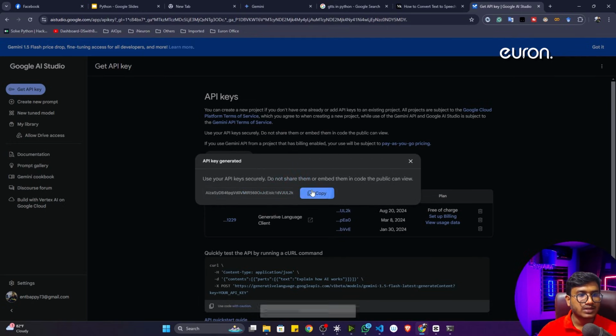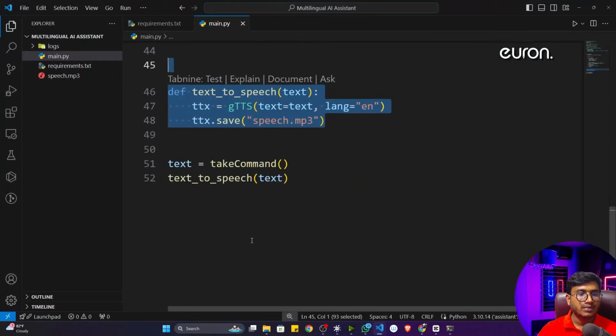See, this is my API key. Just try to copy it, and don't share this key with anyone, guys, otherwise they will also access this particular model from your account. I'm showing you because I will be deleting it after the recording. So now let me open up my